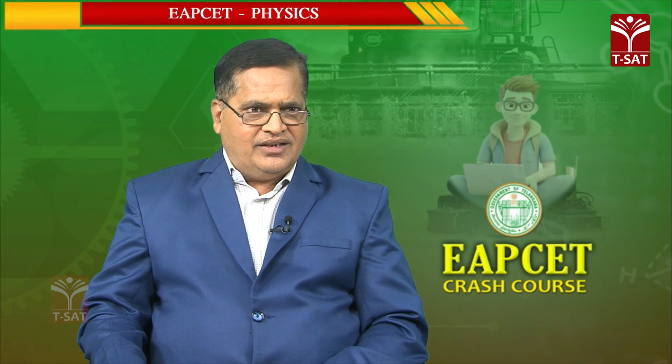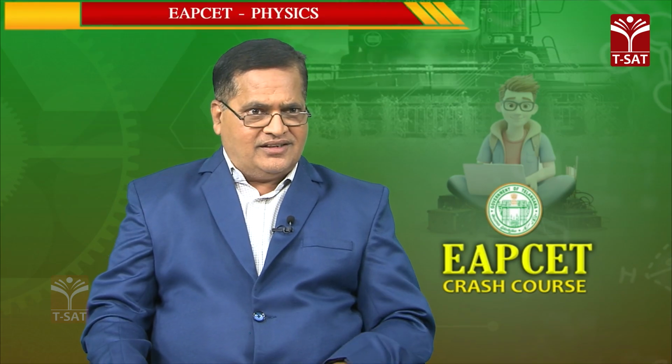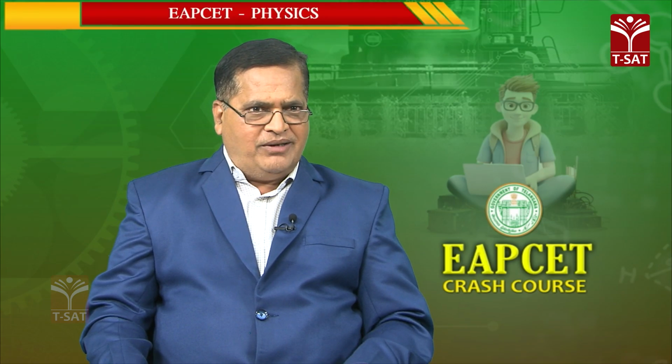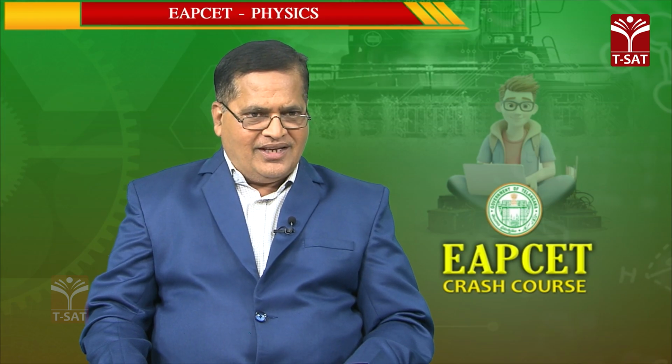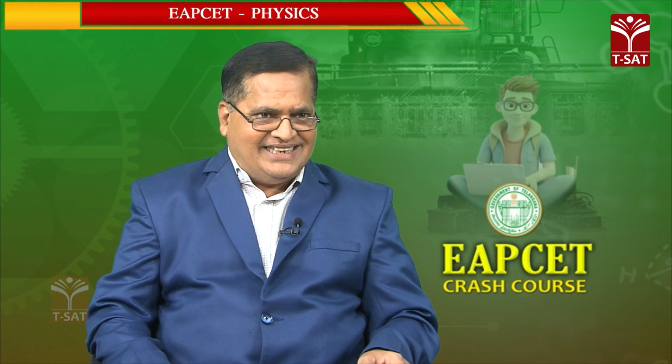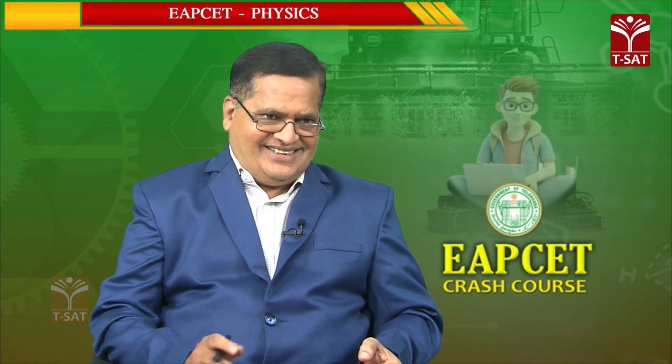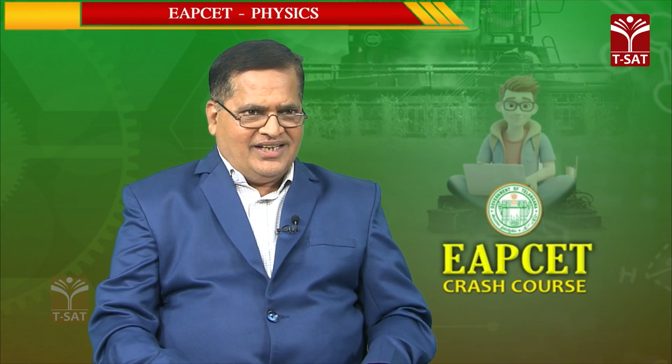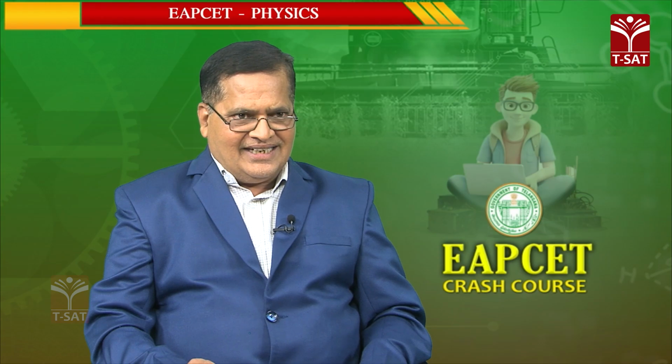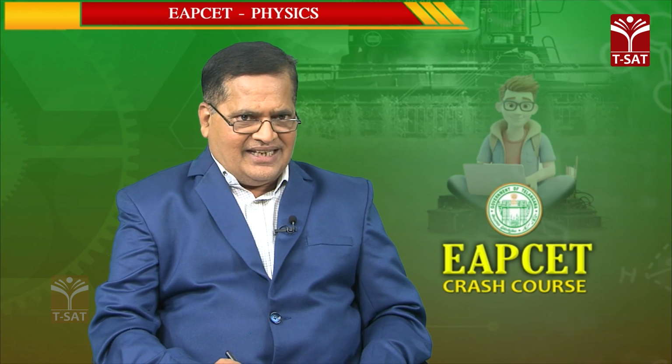In the previous episode we discussed up to gravitation, and we continue. See children, on the screen, what will be the formula of the mass of the earth in terms of G, R and g? Here G is the universal gravitational constant, capital R is the radius, and small g is the acceleration due to